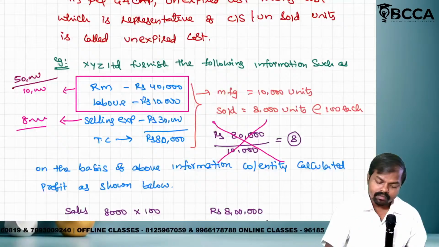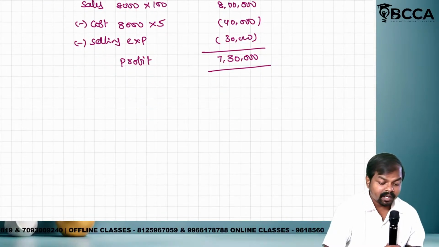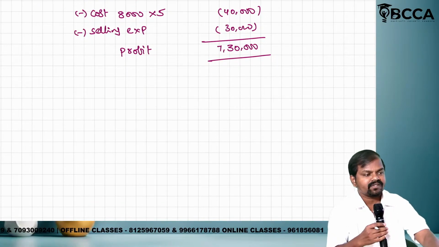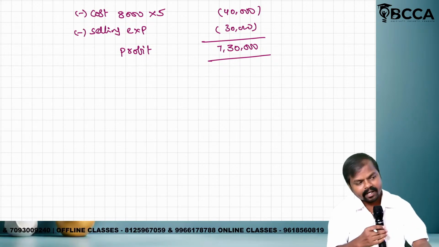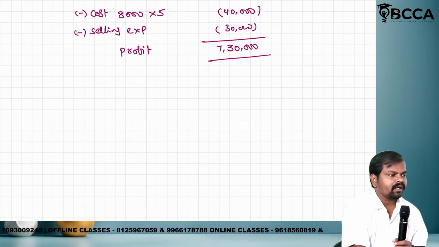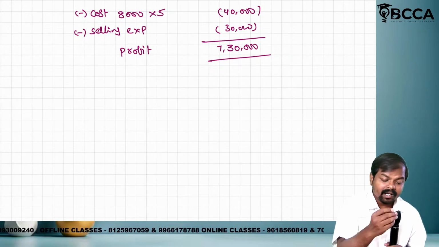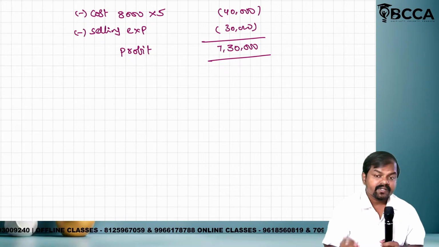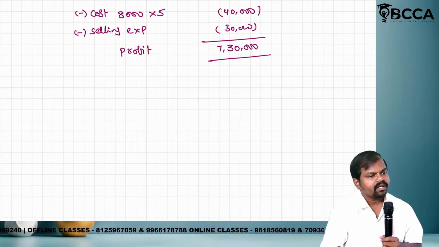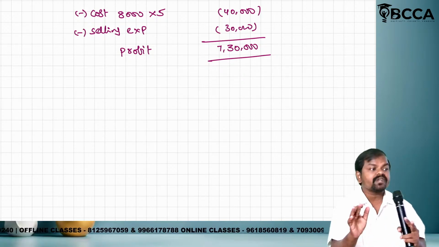Okay. So if anything is asked during the doubt, if I explain in the local language, no need to worry, I will repeat in English for you if you have not understood. Clear? Are you clear? Excellent. Now, what is the correct profit? 7,30,000. Is it right, my dear? Excellent. Listen carefully. Most important. Conclusion is most important.